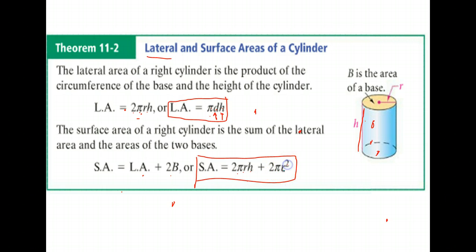r squared. Okay, remember pi r squared is the area of a circle. We have 2 of them, one on top and one on bottom. And then this is the lateral area, that's around the edge. And the way we get that is